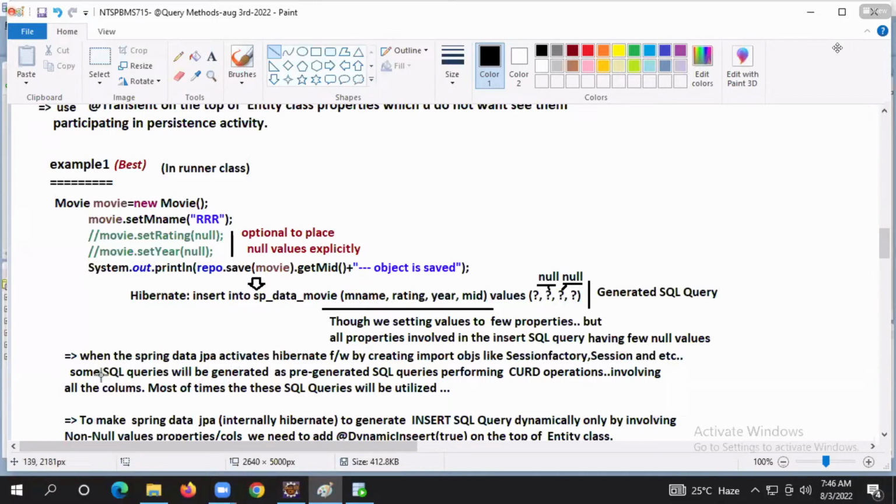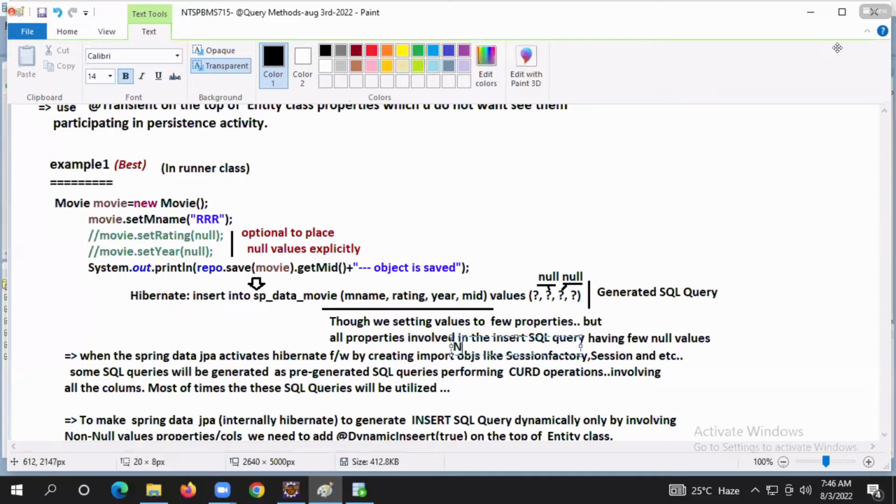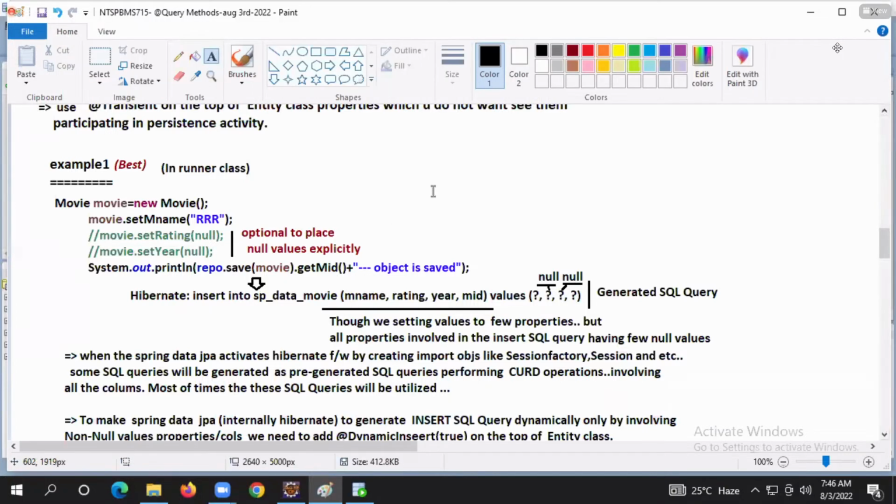Right, boss. Tell me, when Spring Data JPA activates the Hibernate framework by creating important objects. Akash Jaiswal, why are you sleeping in the class, Babu? When I give the statement, you keep quiet. Guys, I request either attend completely or sleep completely.